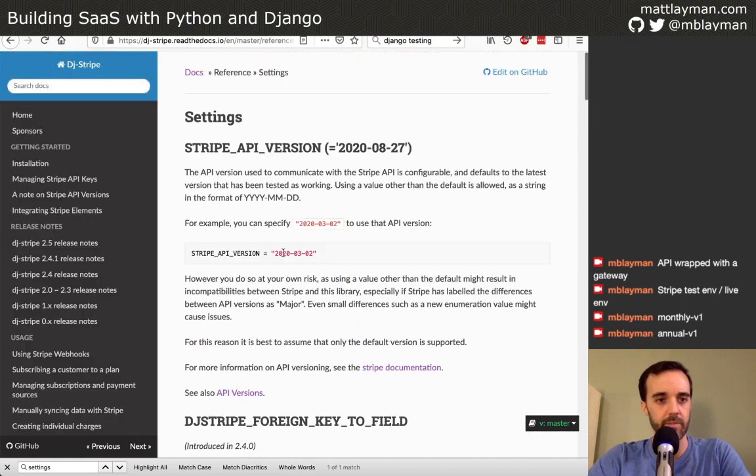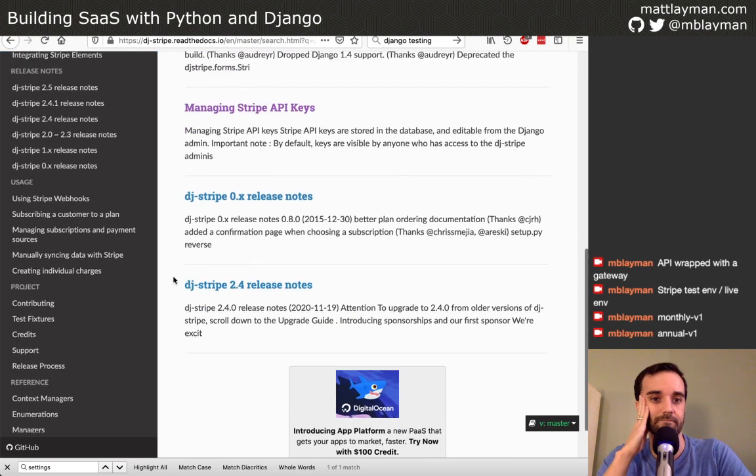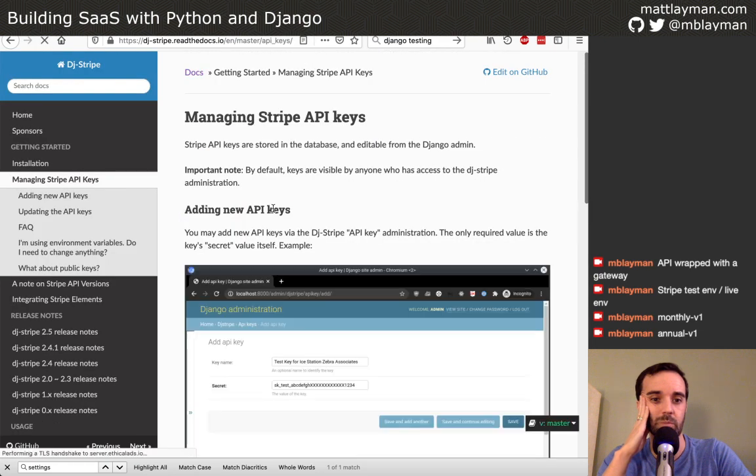Well, those are actual settings for DJ Stripe itself. Where's the publishable key? Here we go,